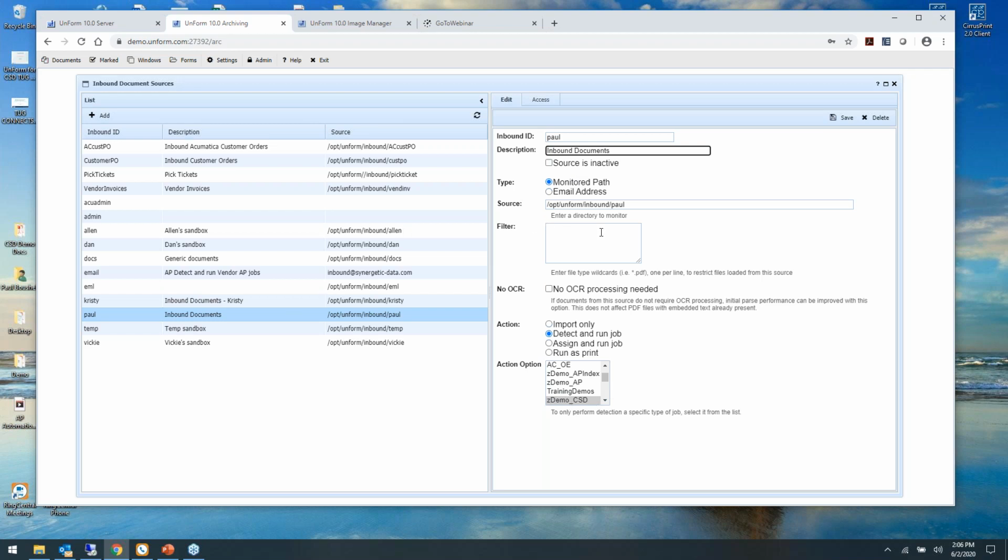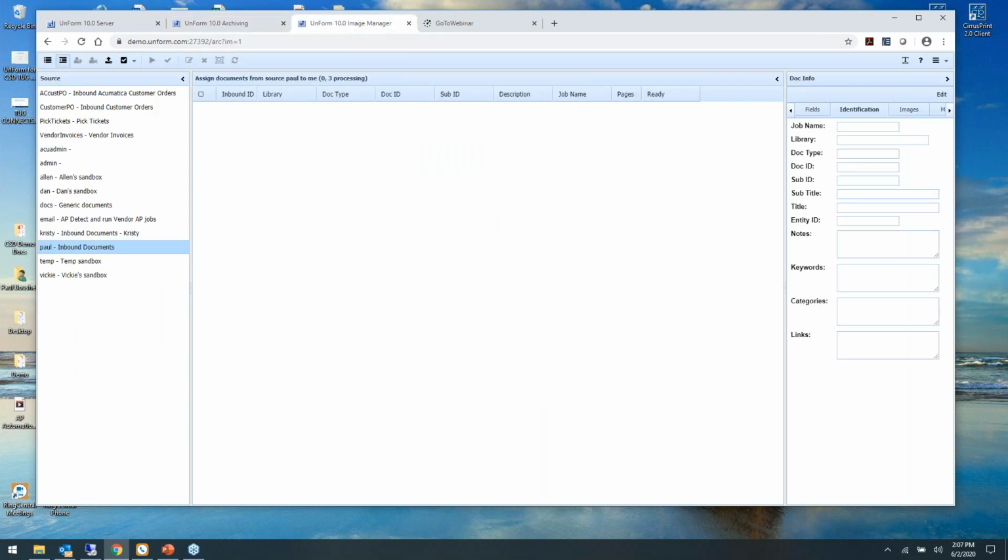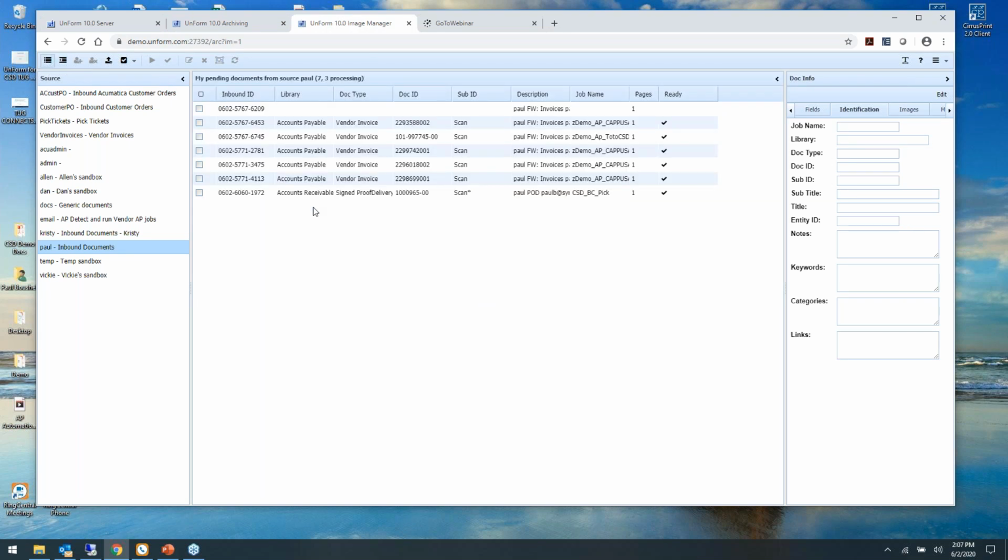So as documents land in this inbound source, I'm going to run the detection logic on the documents, figure out what they are, what I need to do with them, and run those jobs. So again, they'll be coming into Image Manager here. You'll see they're starting to process as they come in, and ultimately they'll land in Image Manager. Now, typically,